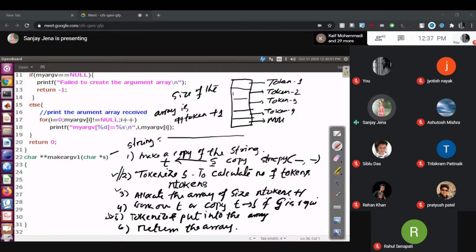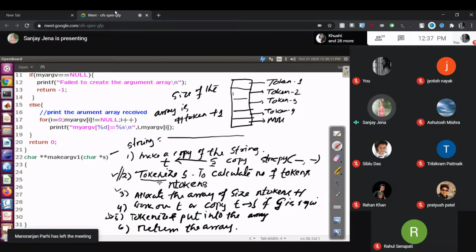The fifth step helps put the tokens into the array. Hence two tokenizations are to be run, so you use strtok or strtok_r two times. Last one is return the array.